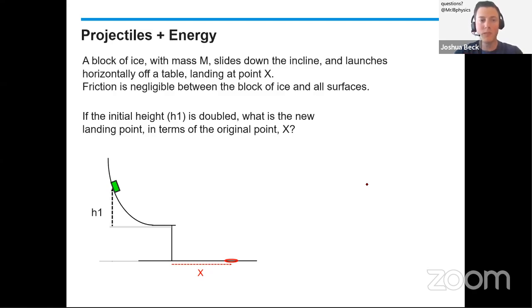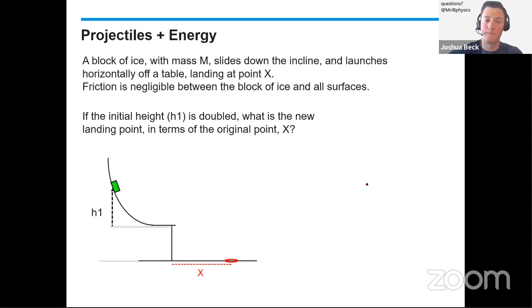Okay, let's take a look at this scenario. We've got a block of ice, which tells me there's going to be negligible friction. It's going to slide down this ramp and launch off the table. But now the initial height, the starting point on the ramp, is doubled. What's the new landing point? Whenever you get a problem like this,